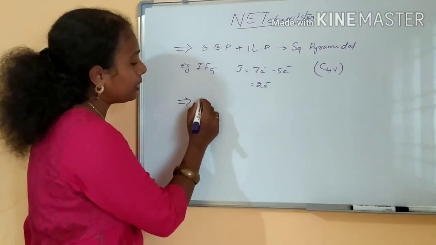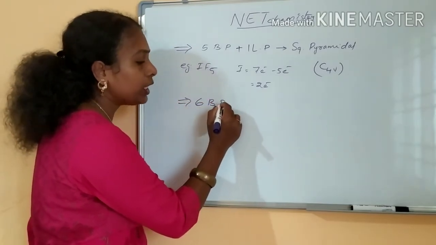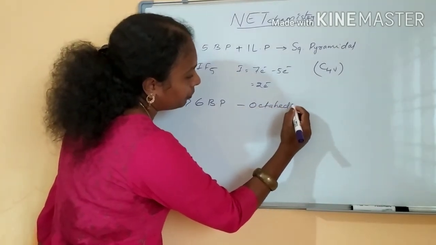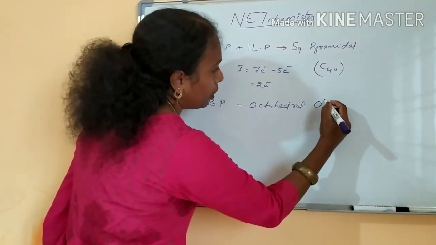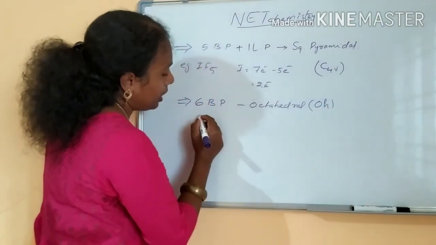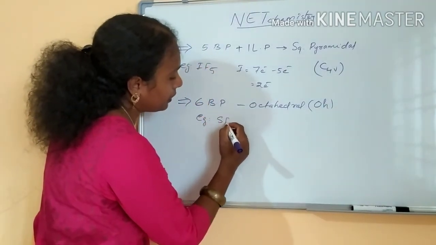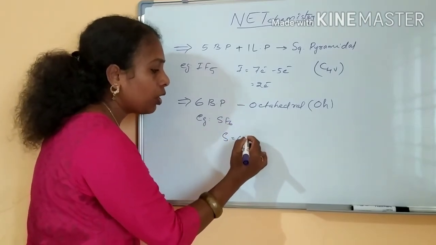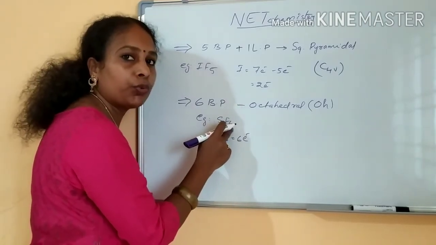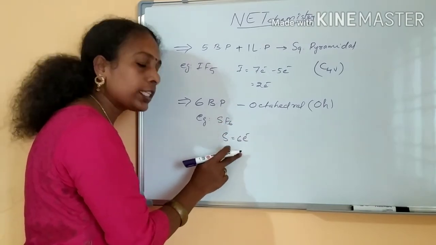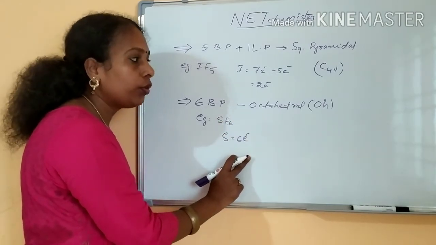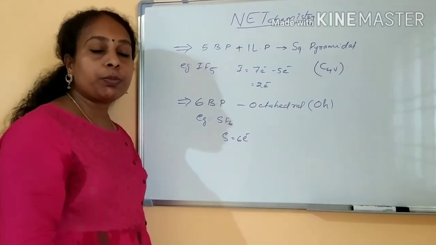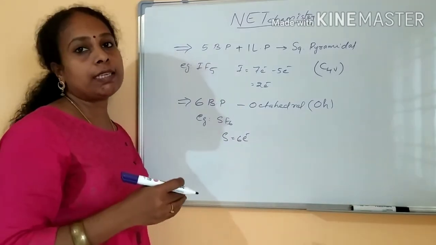And the next is 6 bond pair alone present, only 6 bond pair, the molecule will be octahedral shape, belongs to the point group OH. And for example I am writing SF6. You know, oxygen family, sulfur is having 6 electrons, all those 6 electrons are bonded with fluorine, 6 atoms are there, so 6 bond pair alone present, the molecule will be octahedral. It is clear. This many point groups, this many shapes of the molecule, this many conditions are there in